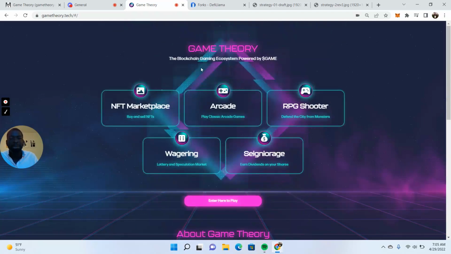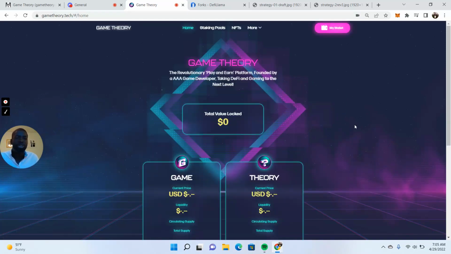The other good thing about the landing page is that you don't need to have your wallet connected to be able to see this information. So it means that someone who's newer into it and isn't as used to connecting their wallet to a website straight off the bat, they're able to see everything. So we think it's a lot more friendly from a user experience. And you hit on the enter to play, it takes you to what is now the homepage.